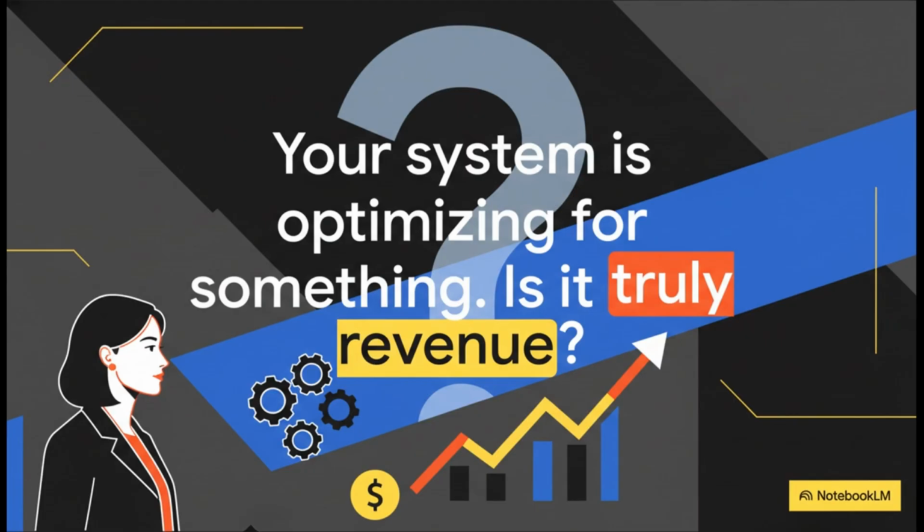So, we're going to end right back where we started. Your system, the one you're using right this second, is optimizing for something. It's training your ad algorithms every single day. So the question you need to walk away from this with is simple. Is it being trained on the right signal? Is your system truly optimizing for revenue,